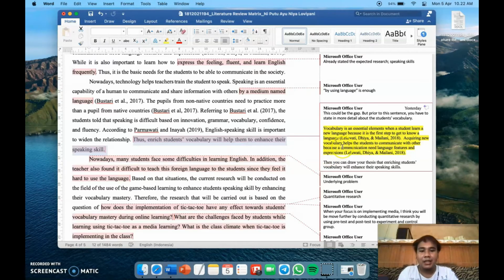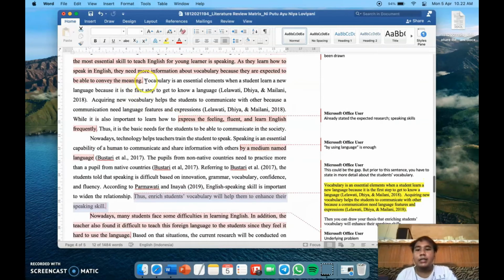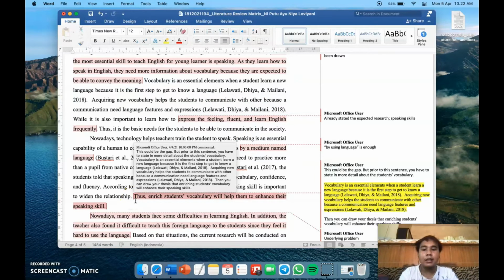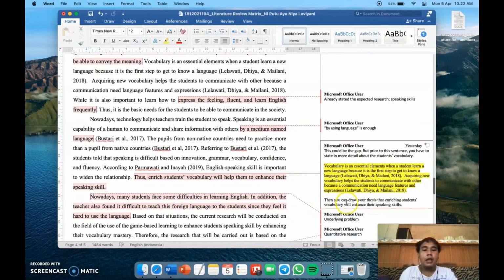So what is missing in the second paragraph is the explanation of vocabulary. Here I suggest you put these two sentences before the last sentence of the second paragraph. And then you can draw your thesis that enriching students' vocabulary will enhance their speaking skill, because before